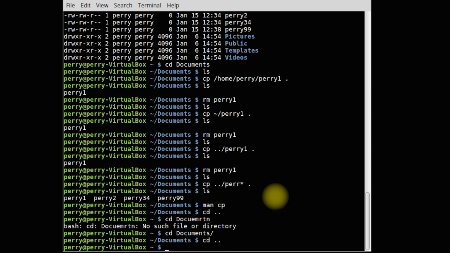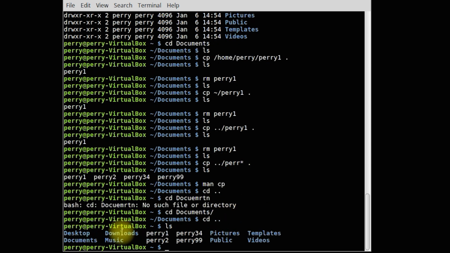So that's very handy. So again, why did that not work before? Because I had both documents and downloads that both started with DO, so it didn't know which one I wanted. But notice there's a music directory here, so I could say CD M and just type tab, and it'll fill it in for me. So, you know, where that's really valuable, of course, is